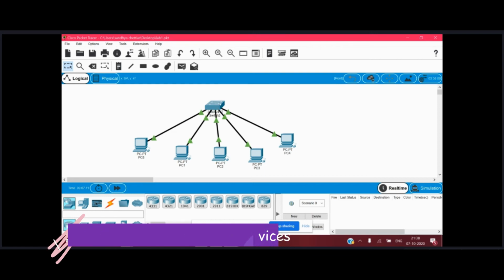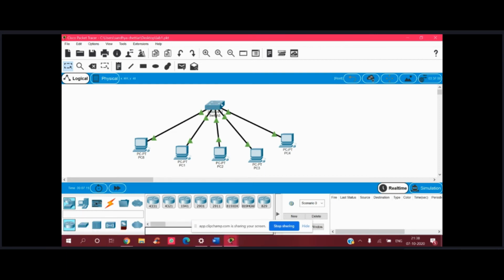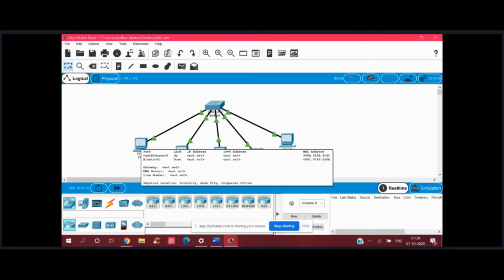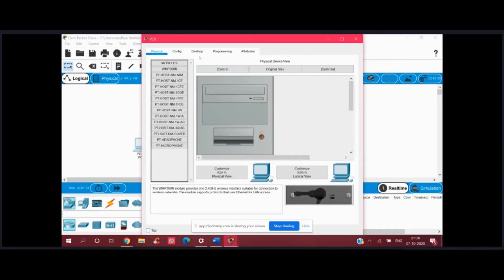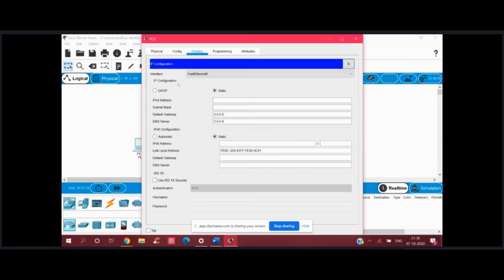Now I will show how you can configure the IP address of each of these devices. Because this switch only has to remember the MAC address of all these devices, we can easily change the IP address of all these devices. If you double click on it, go to the desktop and then IP config, you can change the IP address.